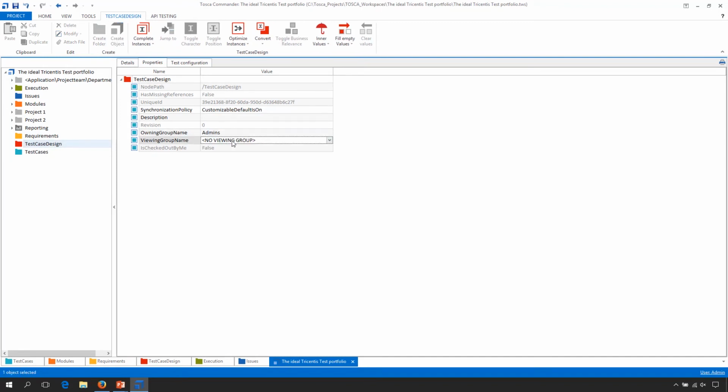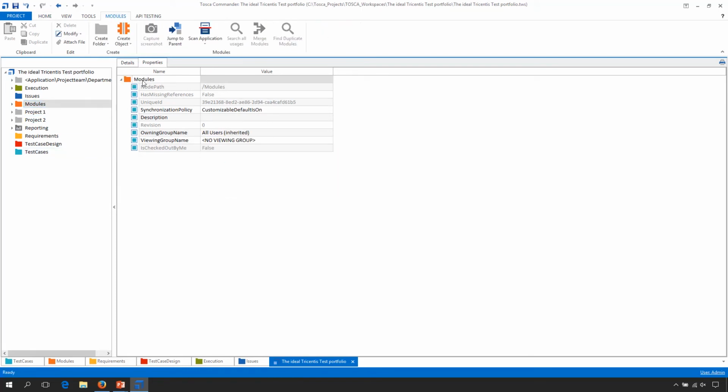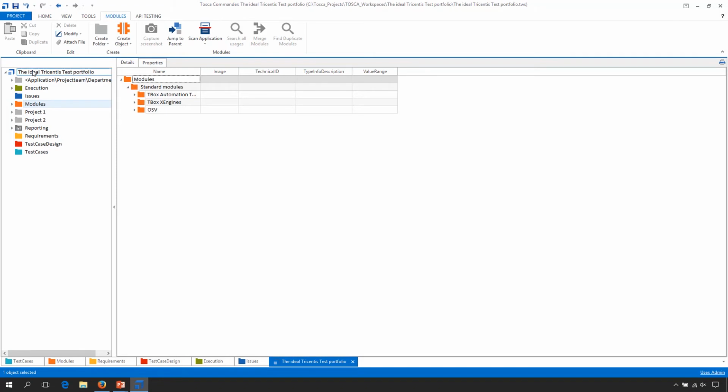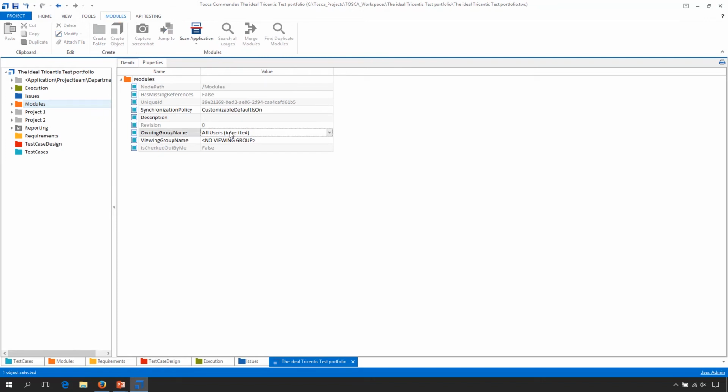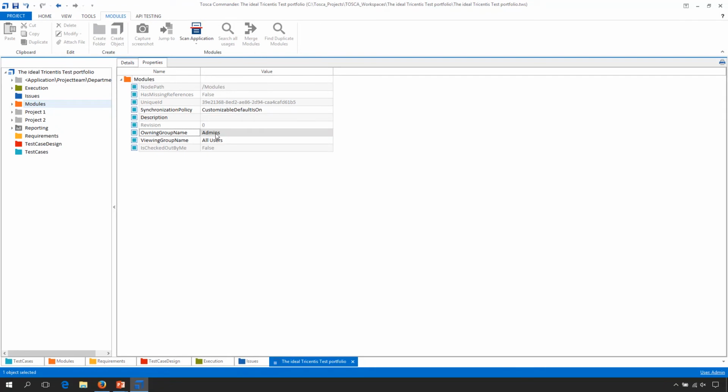One area which I want to mention is the modules area. So we have one module section which is right under the project root where everyone should have access. But only automation architects or admins should be allowed to check this out, since those modules will be used by everyone. So it makes sense to say, okay, the owning group are the admins, so they can import a new subset of the Tricentis standard modules, but those modules can be seen by everyone. If I now save that